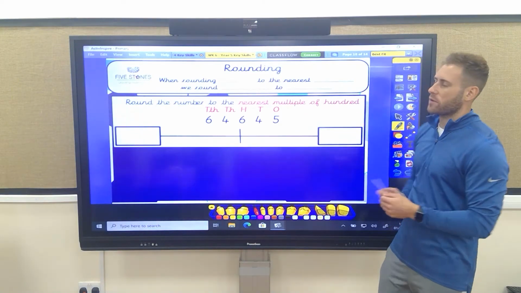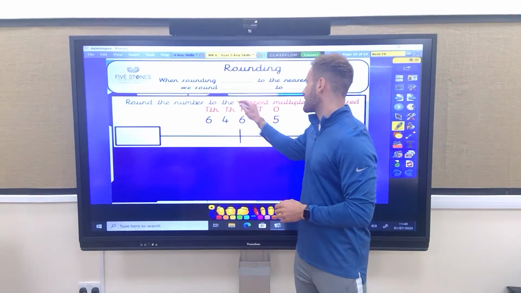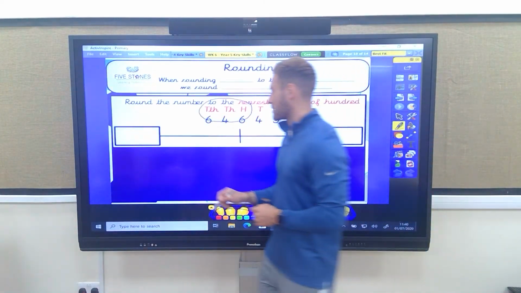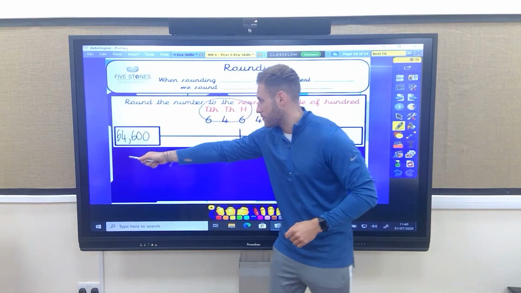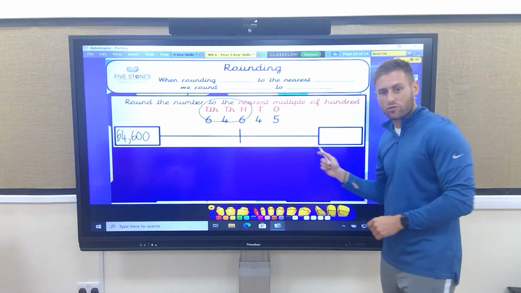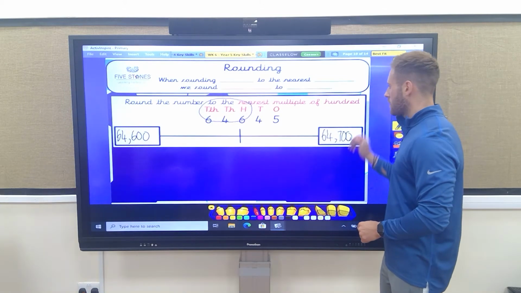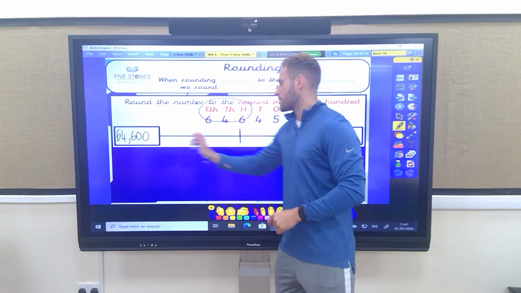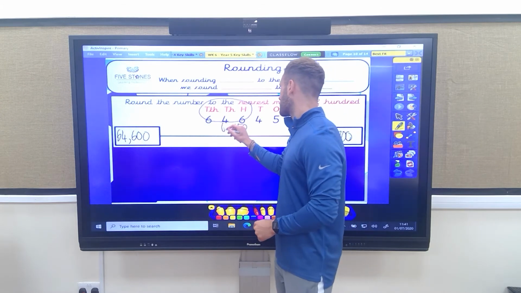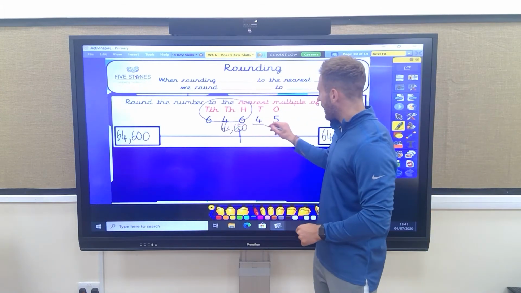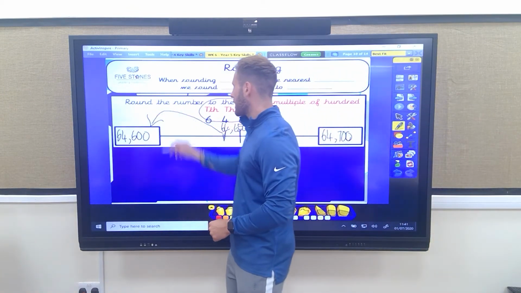So we're going to be working with the nearest multiple of 100 to start us off with, but which current 100 are we at? We're actually at 64,600. So before that, we would have had 64,500, 64,600, and our next 100 will be 64,700. Great. What is the midpoint between 600 and 700? It's actually 650. So we've actually got 64,650, but we're not quite at that point because we're only at 640. So meaning we would need to